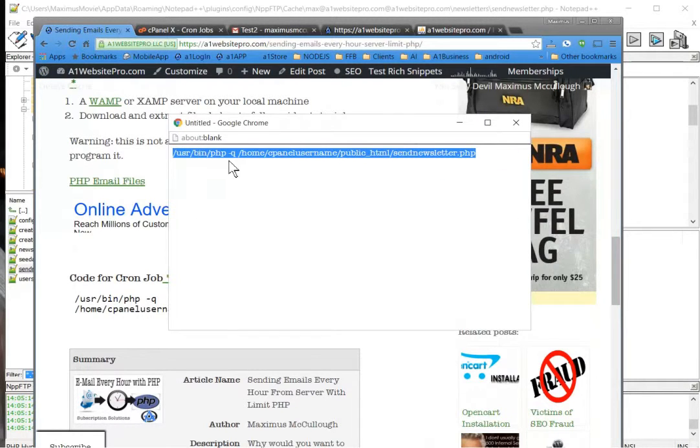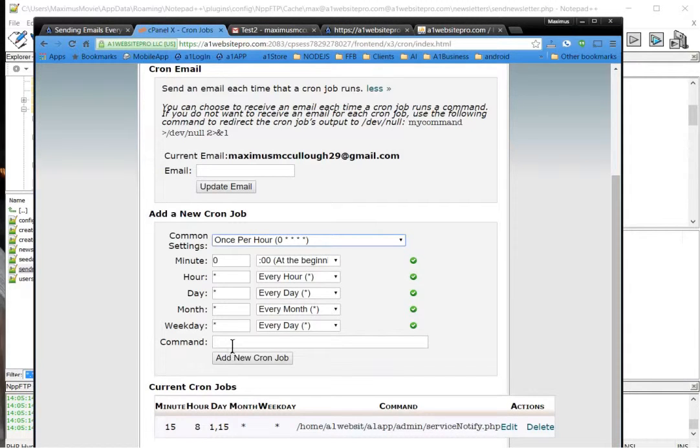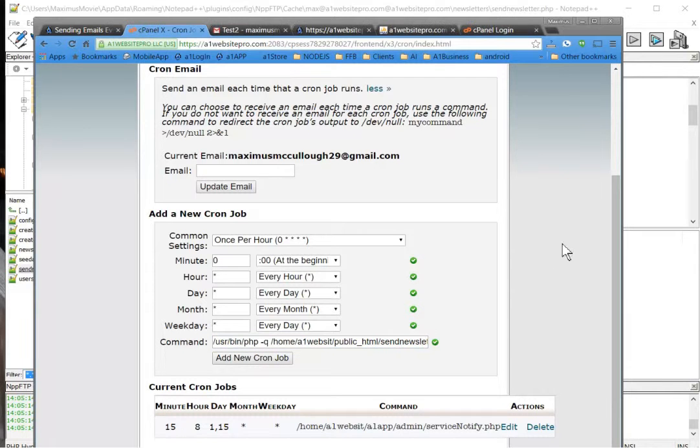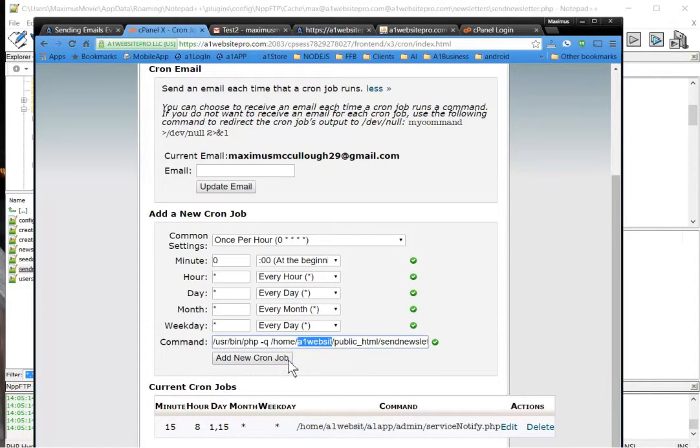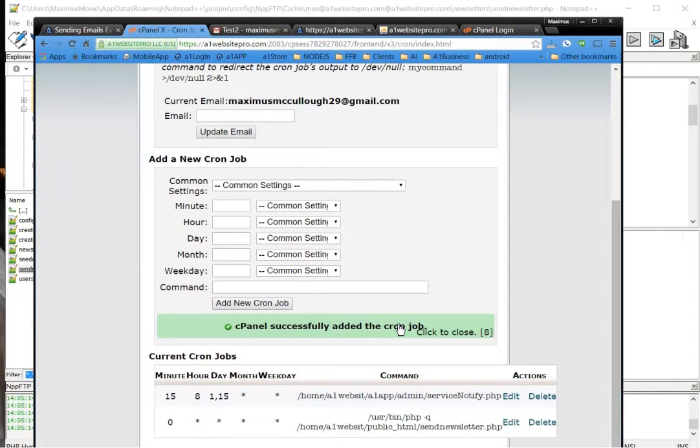So we're going to come in here, we're going to copy this, and in our command line, let me get my username for A1 Website Pro, and then I'm going to replace this with my username and click Add the cron job. Okay, so now I replaced it with my username there, and I'm just going to click Add New Cron Job. Now every hour that thing will run, okay? See, I have another cron job running down here, but every hour it's going to go check and see if there's any newsletters